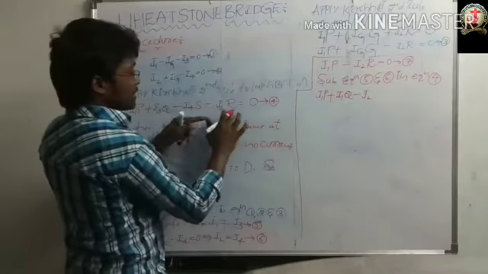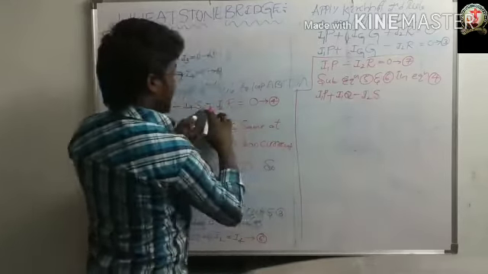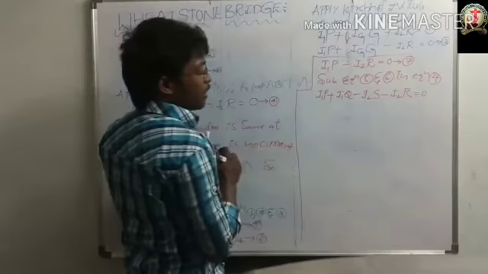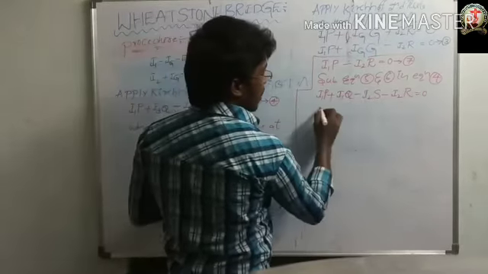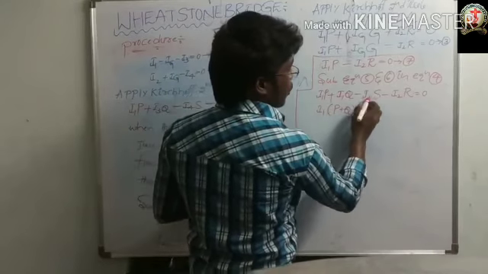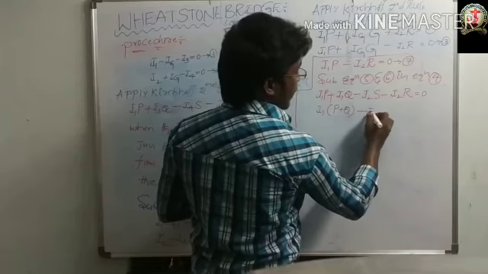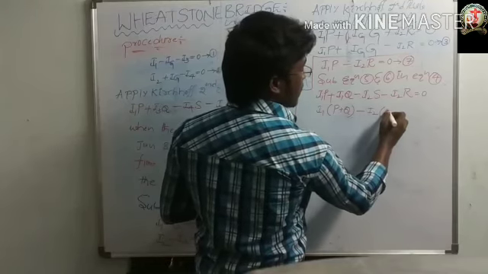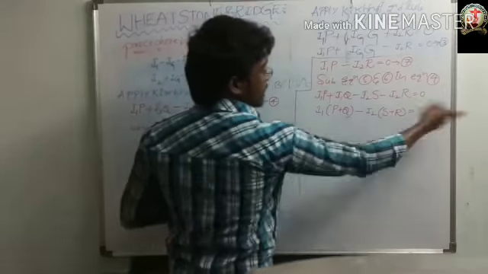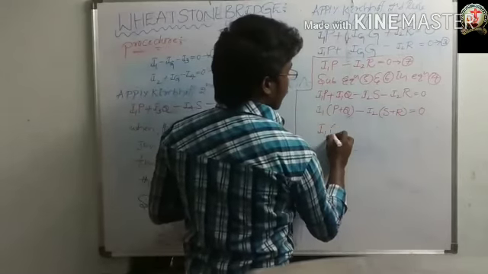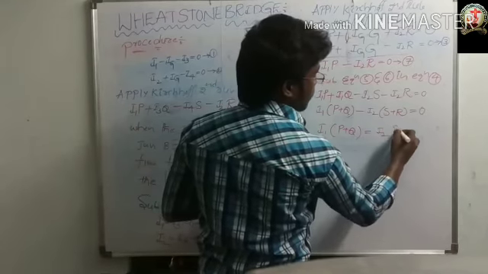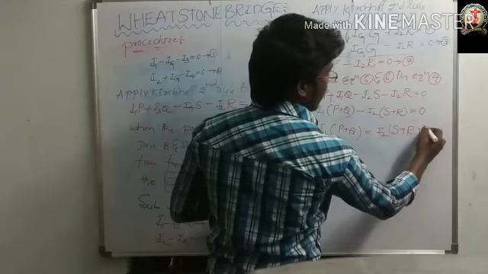What is there here? Yes, minus. In this term you can write I2R is equal to 0. Now after that, here I1 is there. Please take out the common I1: P plus Q. And here I2 is there, and minus also is there, so minus I2 you can take common: S plus R is equal to 0. After that, this term you can send that side. I1 into P plus Q is equal to I2 into S plus R. Give equation number 8.